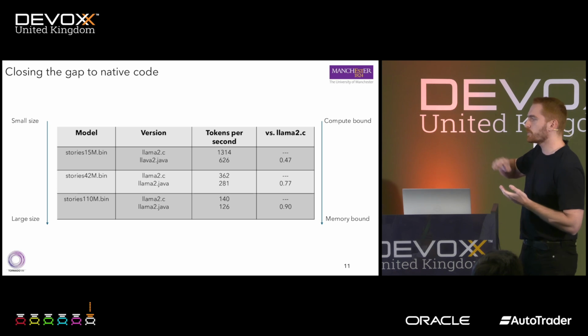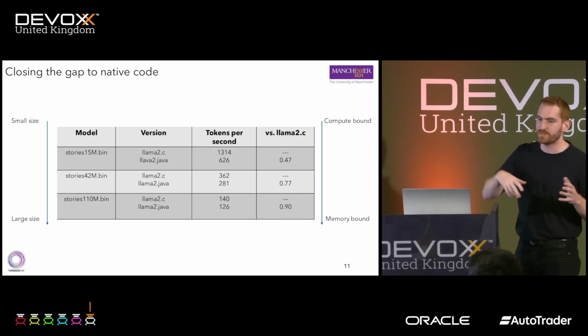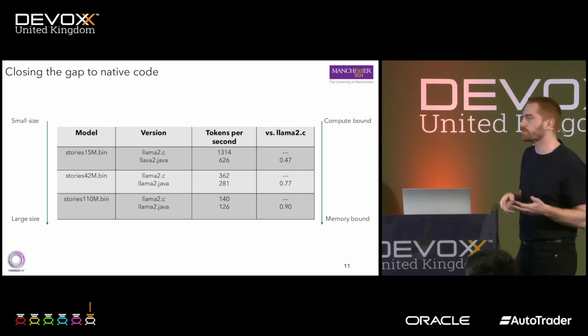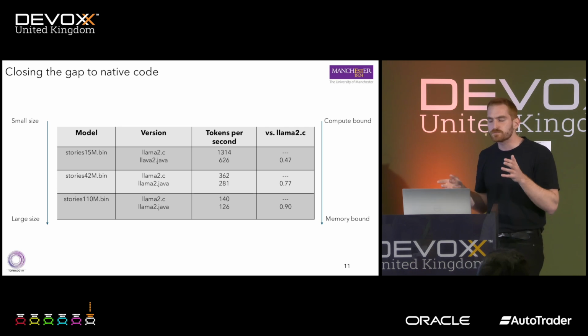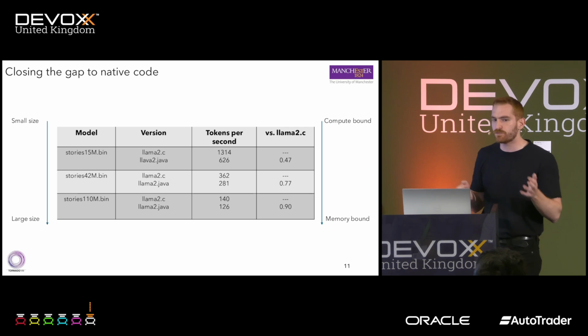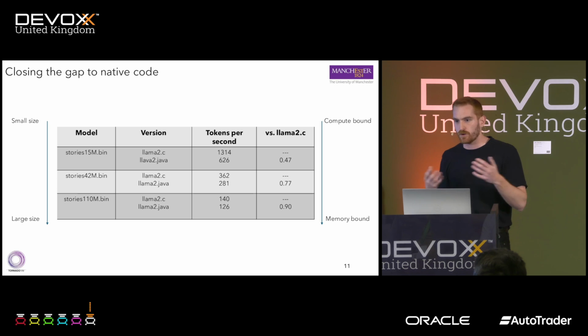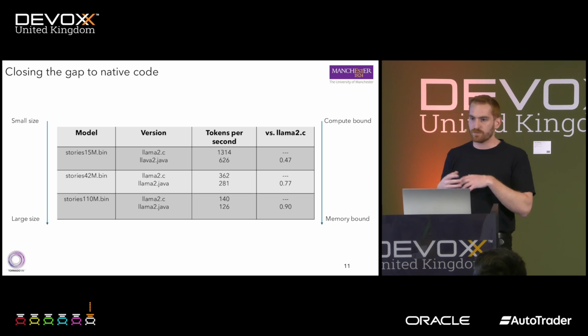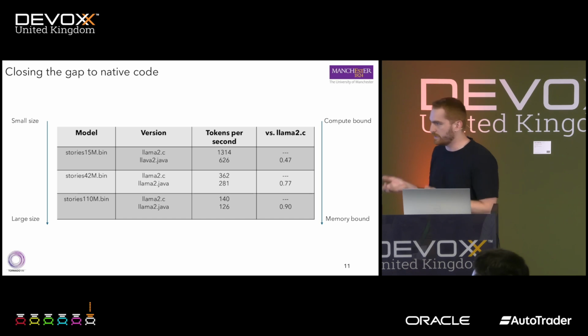But as the problem size increases and we go from being compute-bound to memory-bound, we see that the highly optimized Java with Vector API and Project Panama has about 90% parity with the native implementation. So for CPU inference, it might make sense to have a Java library to do the inference, get some benefits from that, have full control of the objects and the data, and build pipelines where we can also do the pre-processing and post-processing of the data of the model.